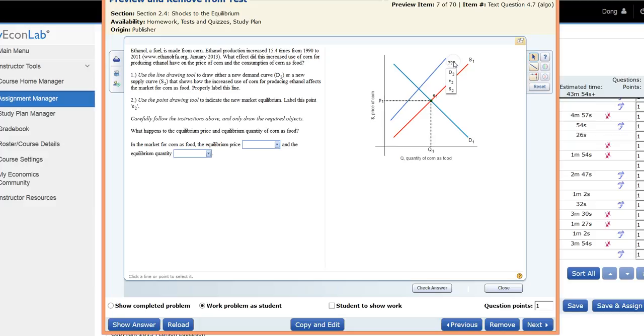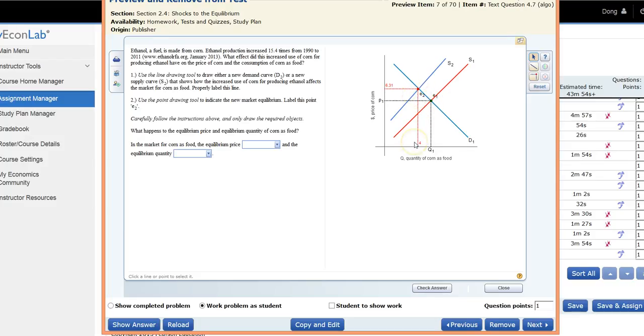So this is our S2 as we just analyzed, and the new equilibrium is the intersection of the new supply curve and the same demand curve as before. So that's my E2. So if you look at this chart, E2 compared with E1, the new is a higher price